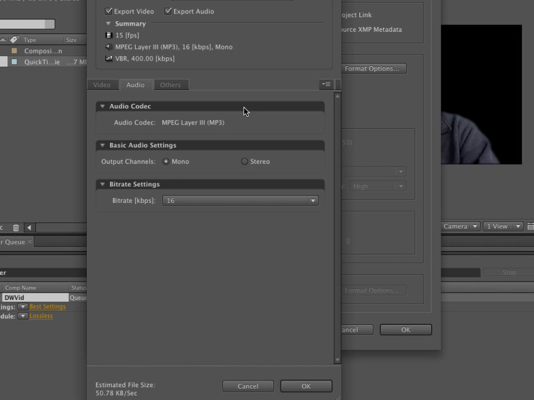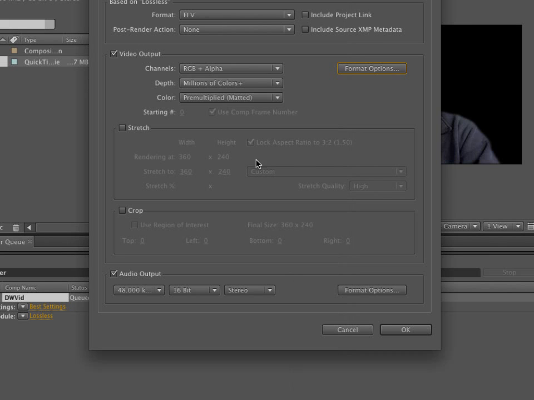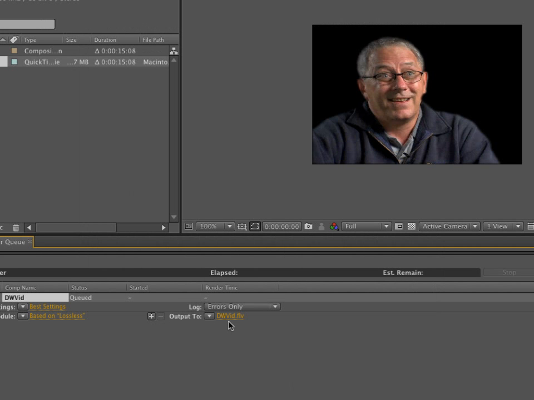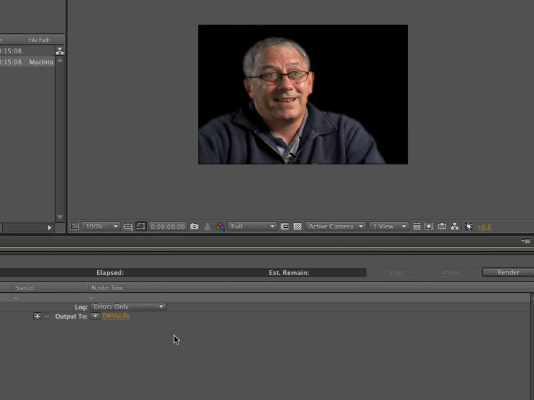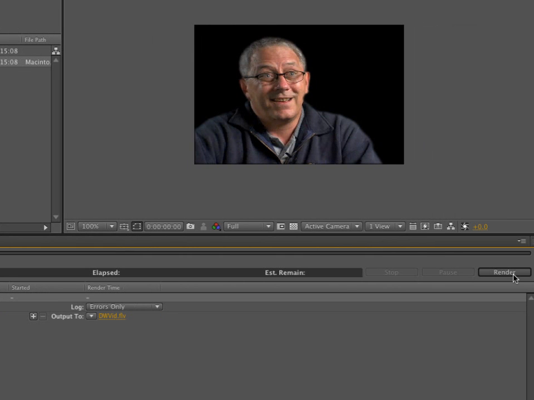And then audio. You only get the MP3 audio output, and you can knock the bit rate up to about 64K per second. Click OK. And to create the FLV, all you have to do is click OK. You come here, and we're going to output this as DW vid FLV, and you can determine where it goes. Okay, so I can save it to this one, which is the Basix 2. So I'm just going to click Save, and then you just click the Render button,